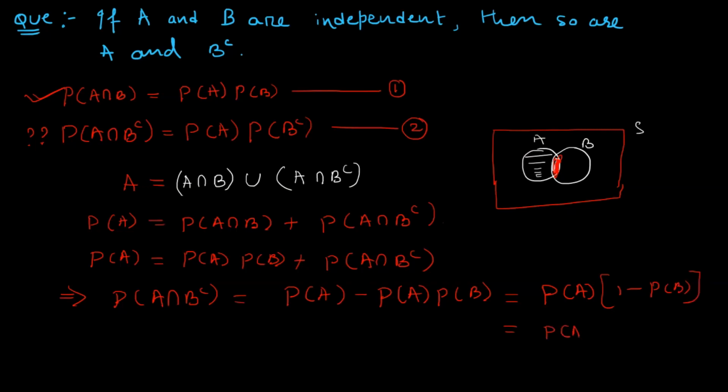In a previous lecture, two or three lectures ago, I concluded this is nothing but probability of B complement, right? So this is the result, a beautiful result: if A and B are independent, then so are